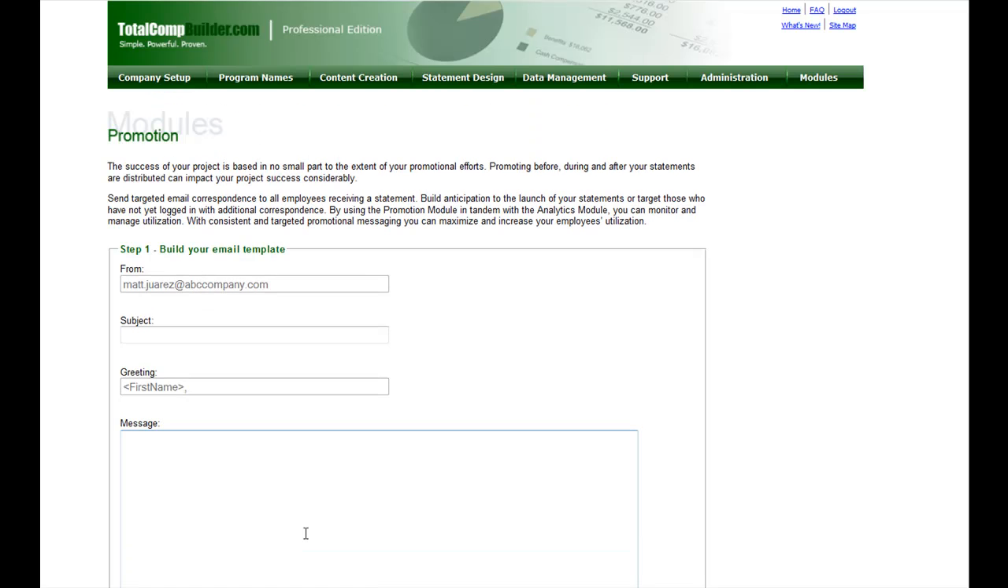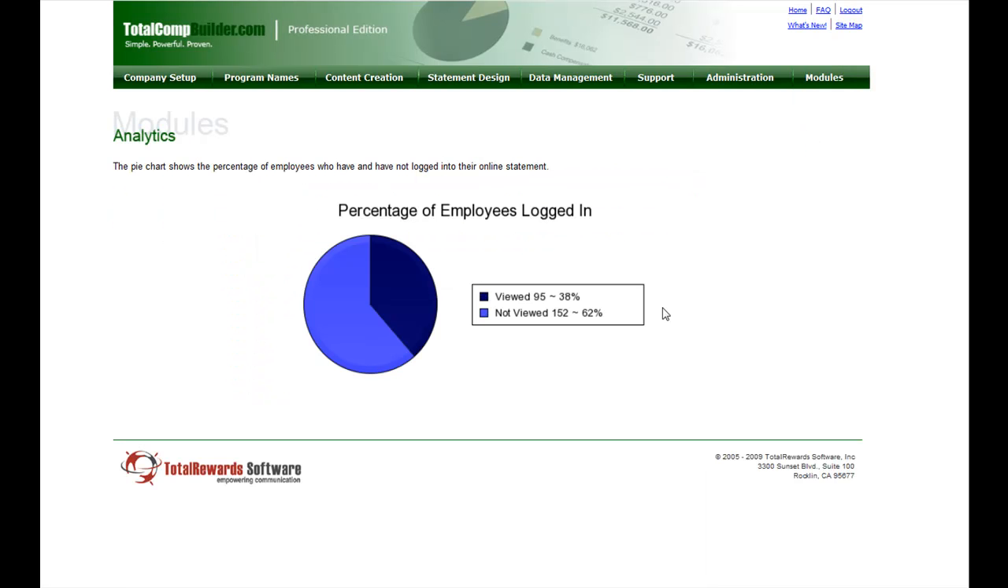So let's say you've sent this out to all the employees who will be receiving statements, and you'd like to maybe track the analytics a few weeks or a month after to see how many people are really logging online. The analytics module would track the percentage of employees that have logged in. So if you only see that 38% have logged in and that's just not a number that you're happy with,